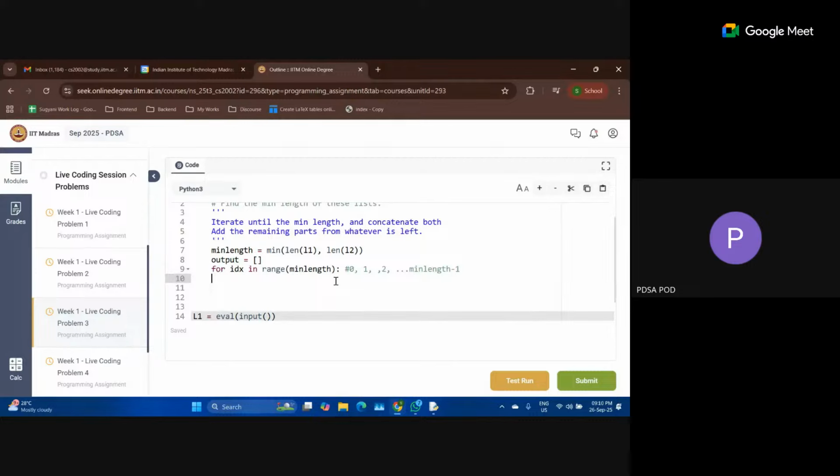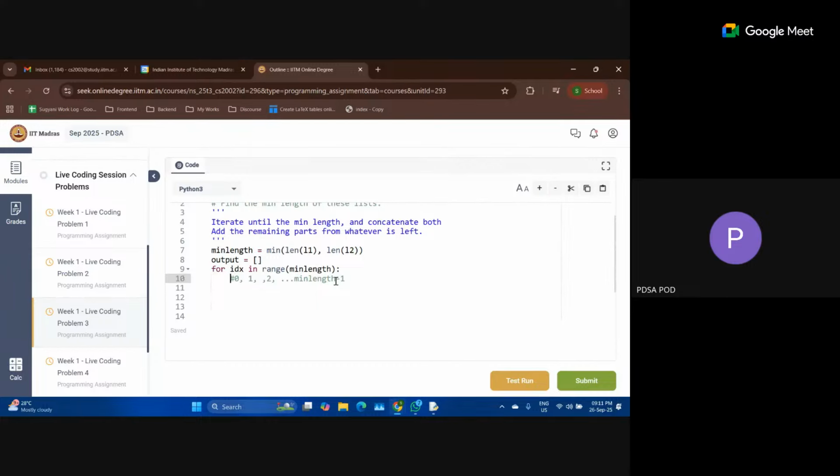Now for each of these indices, let's say I start with 0. My index number is equal to 0. So what will I do now? I'll append the value at the zeroth index of the first list to the output array.